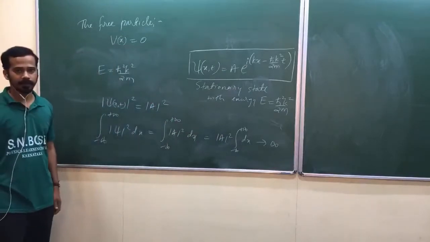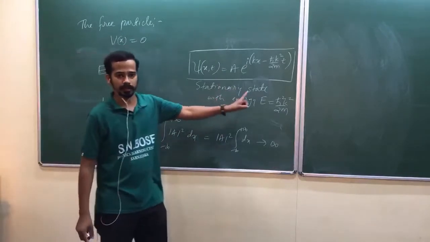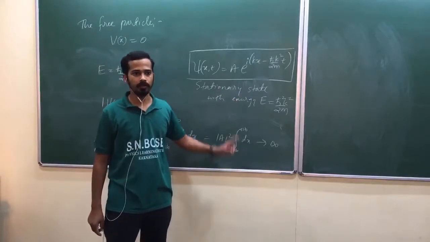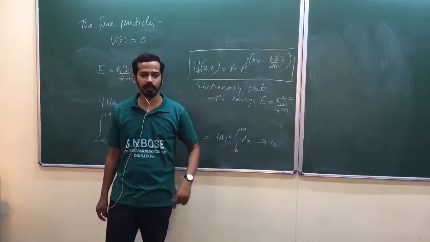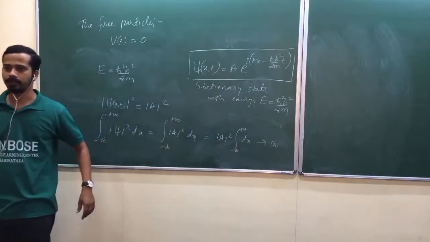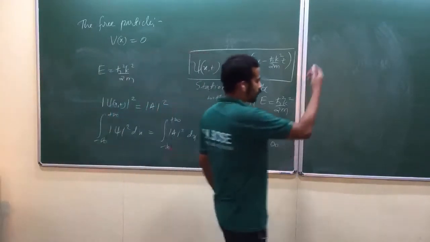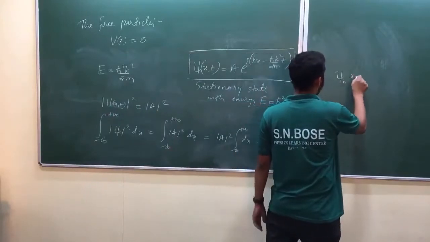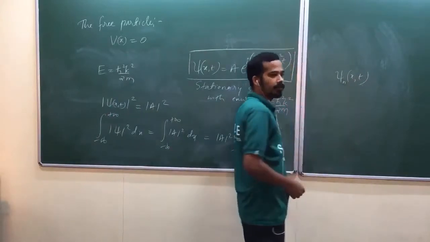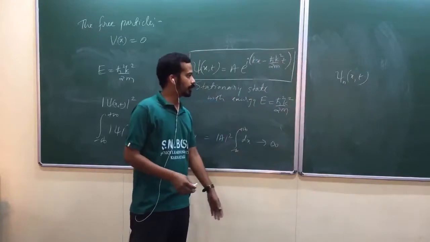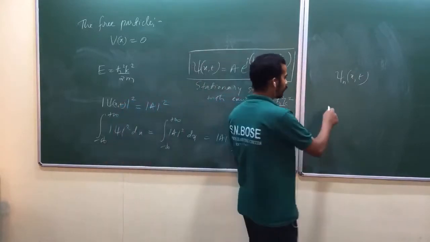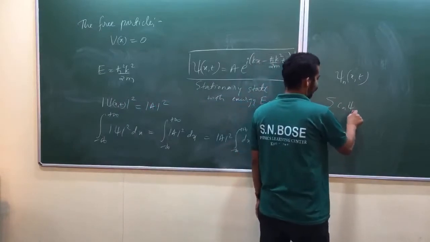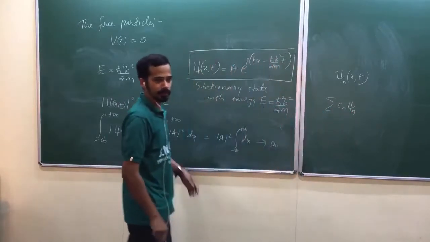Is it clear? We can't have a stationary state, or a definite energy state, of a free particle, isn't it? But we can have a linear combination state. Earlier, we could have stationary states also. Suppose you take a particle in a box, a harmonic oscillator, anything, the particle can be in a stationary state, and it can be in a linear combination state also, am I right?